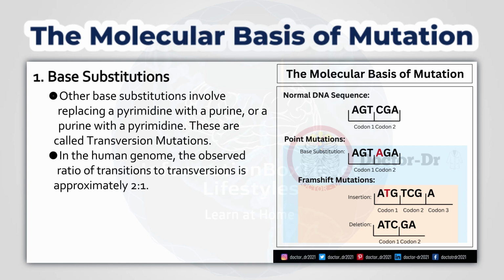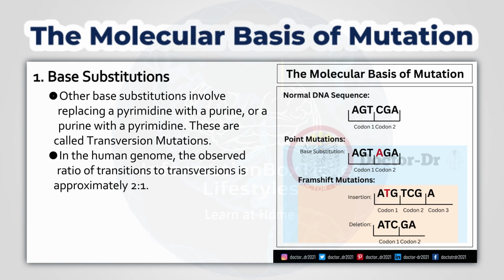The mismatch is resolved such that one daughter DNA molecule contains a GC base pair, while the other daughter DNA molecule contains an AT base pair. Transitions and transversions can give rise to different kinds of mutations, including: